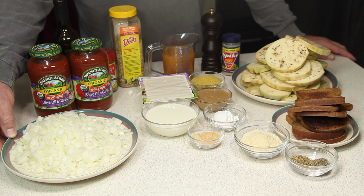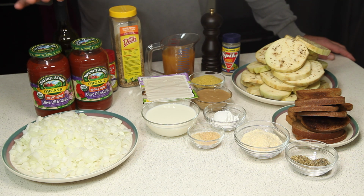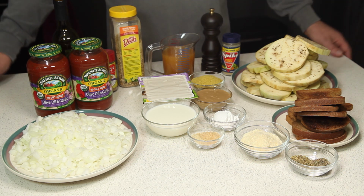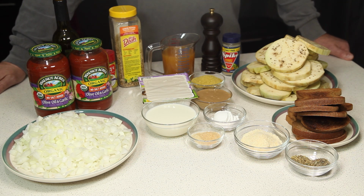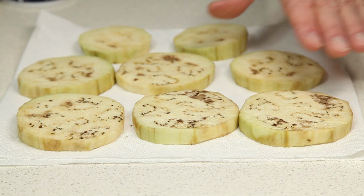that we've diced, 2 jars of low sodium tomato sauce, and some olive oil to saute the onion. And we're also going to use some no salt seasonings to taste along the way. So let's get started. The first step in making our eggplant parmesan is to lay your eggplants out on some